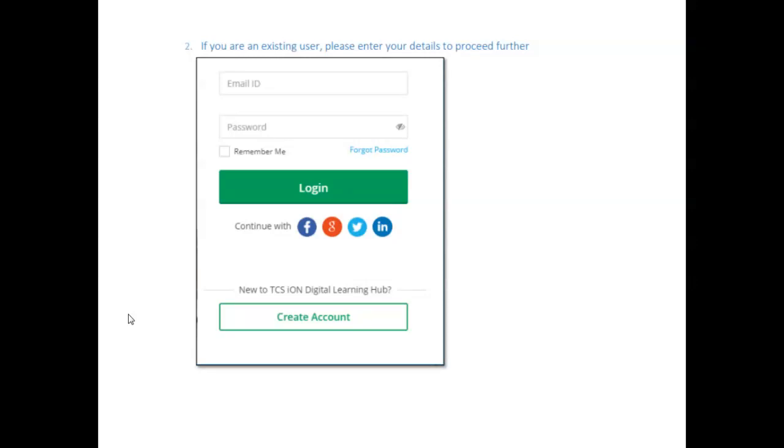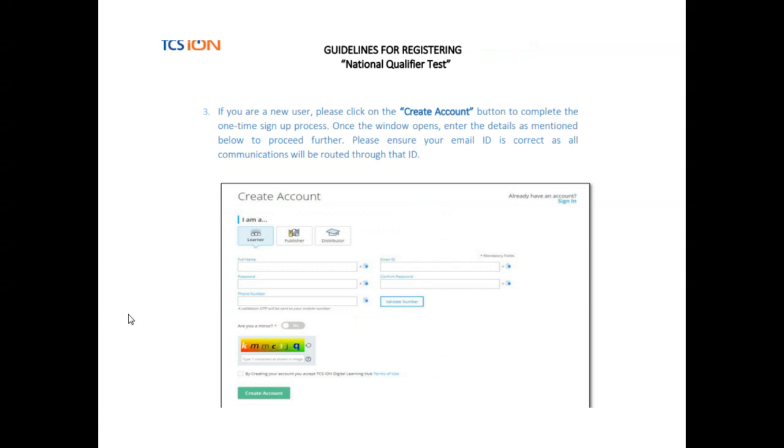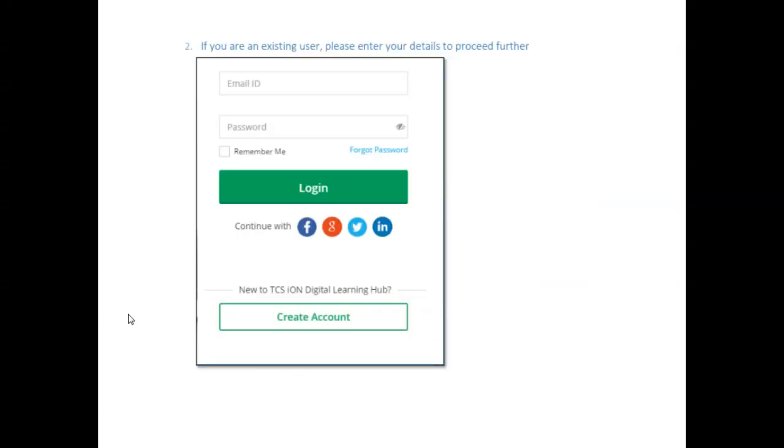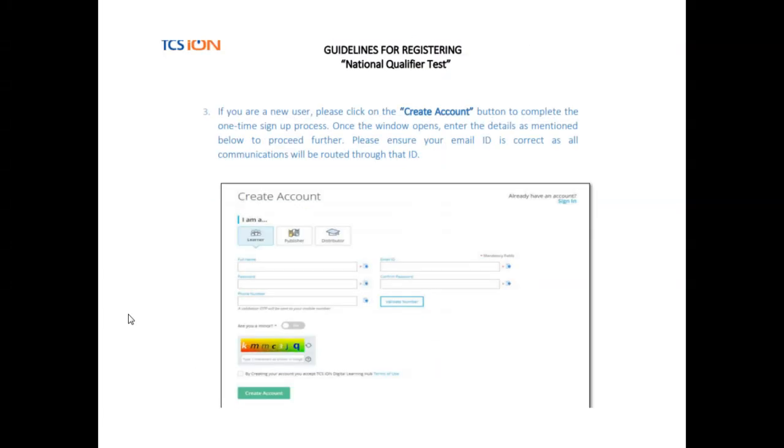If you don't have a TCS Hub account, a Learning Hub account, then you can create an account. How can we create an account? It's a very simple process. If you click the create account button, then it opens a small window. Then you should choose learner, publisher, or distributor. We are a learner. You can give your first name, email ID, password, then phone number. Once you enter the phone number, it will ask you to verify your number by sending an OTP. Once you enter the OTP, your number is verified, then you can enter your CAPTCHA, then you can create